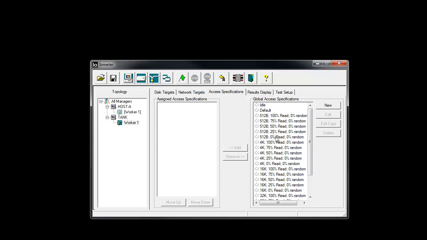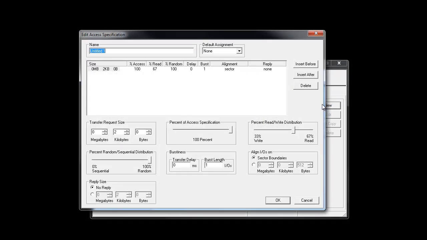What I normally do is create a series of send and receive specifications, just so you can independently test your send and receive. We're going to do a receive in this situation, just for brevity. So we'll go ahead and click the new button here. Let's call it net receive. We'll start with 3K. Change this to 3K.